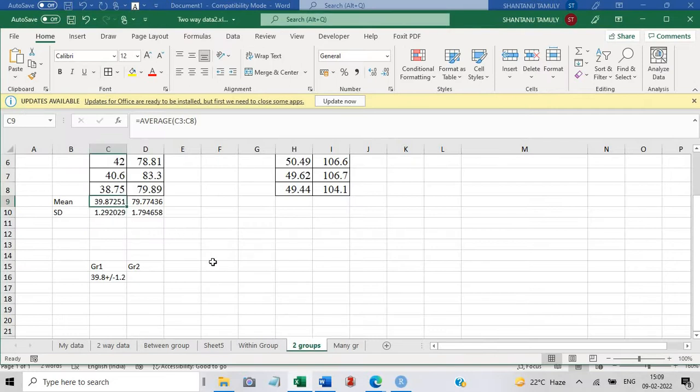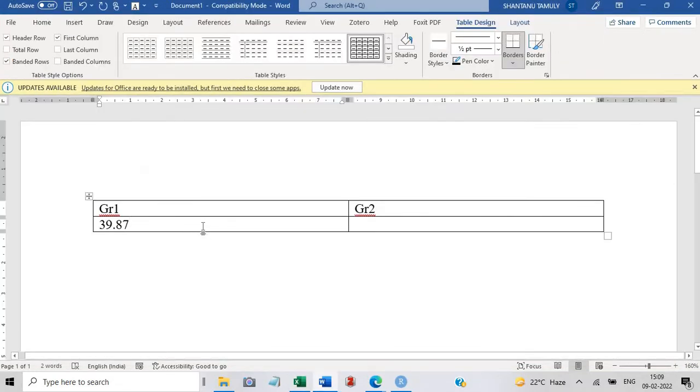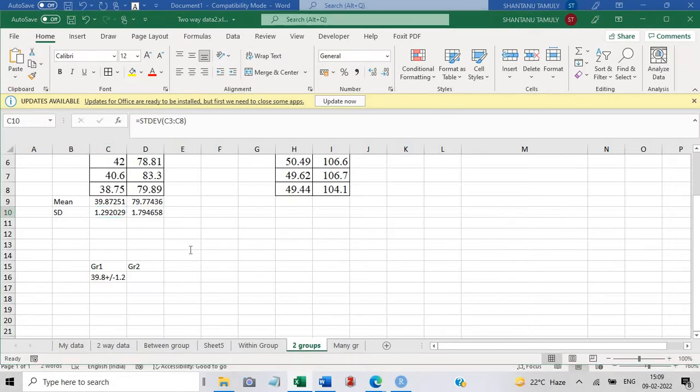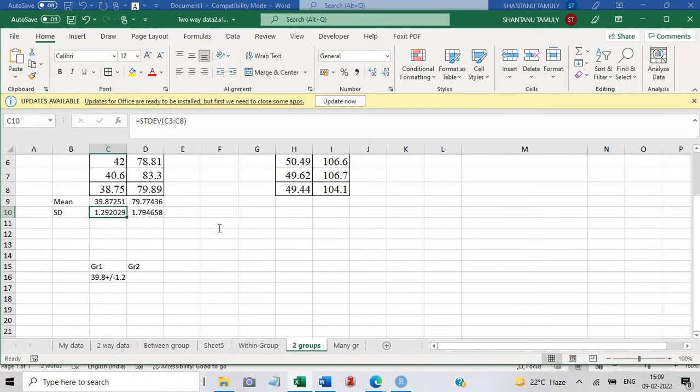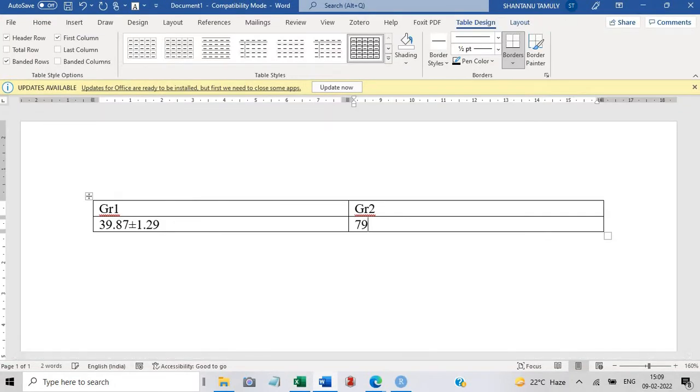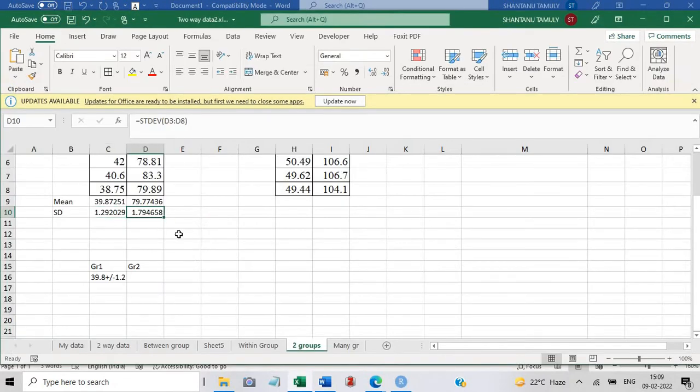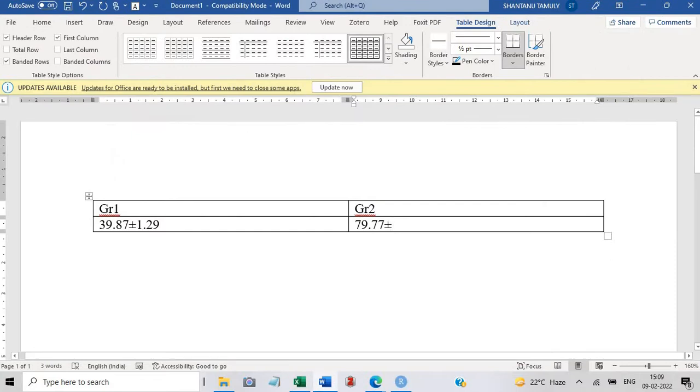Thereafter I write the standard deviation. I just put the plus or minus sign here, then the standard deviation 1.29. Same thing under group 2: I'll write 79.77, then plus minus 1.79. This is the way we have to write.